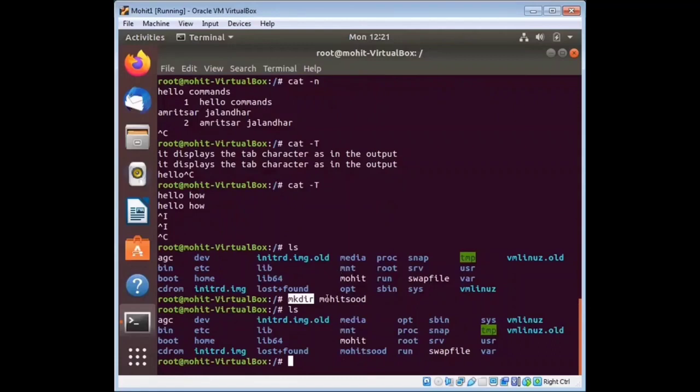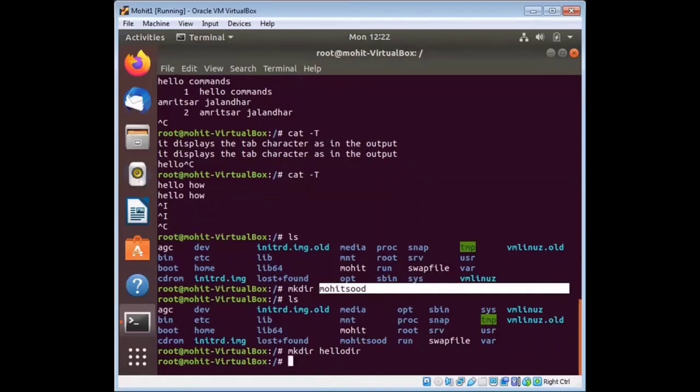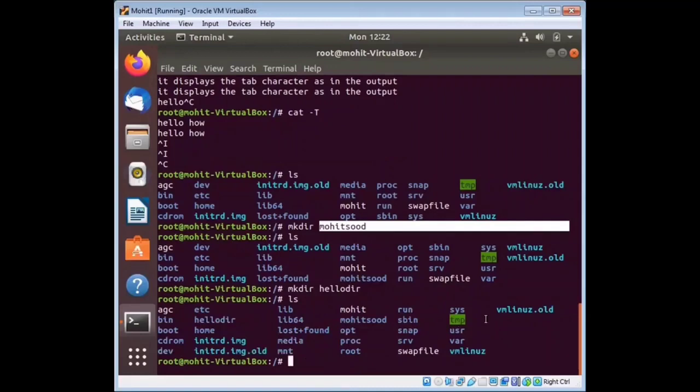Choice is yours, whatever name you want to type, like mkdir hello dir. When you type this, it will be created. Now if you want to check from ls command, here is hello dir, my directory. So through mkdir you can easily make your directory.